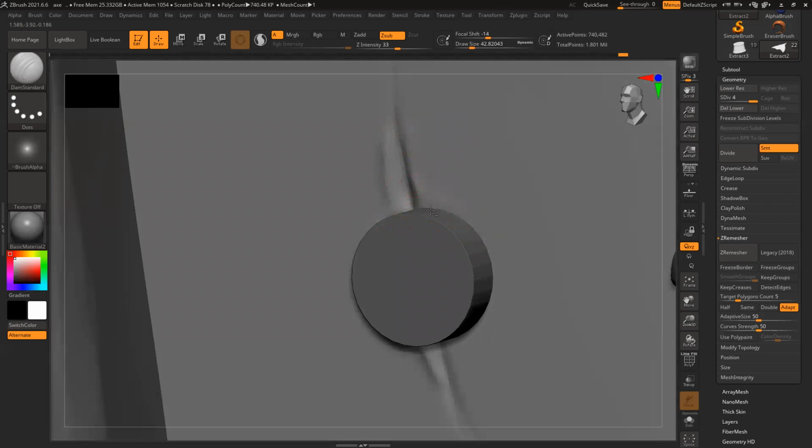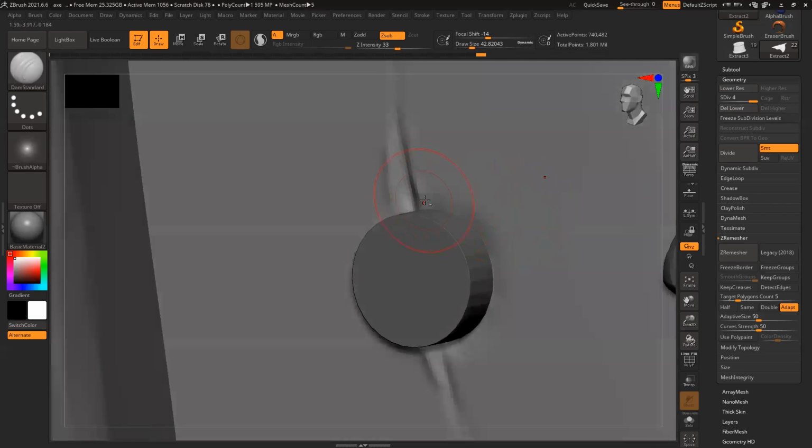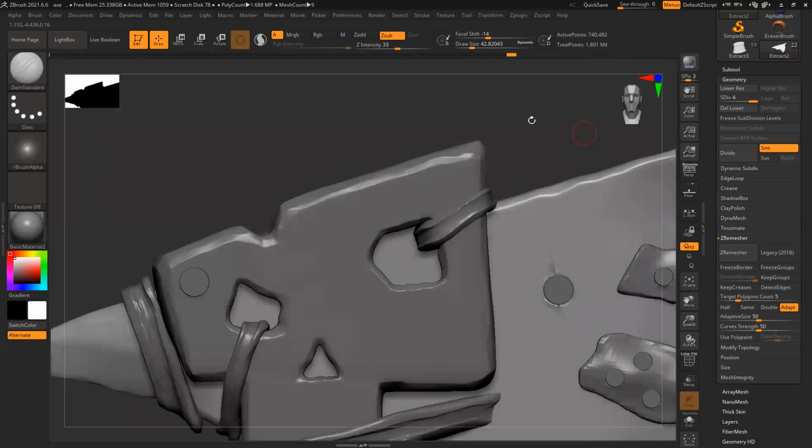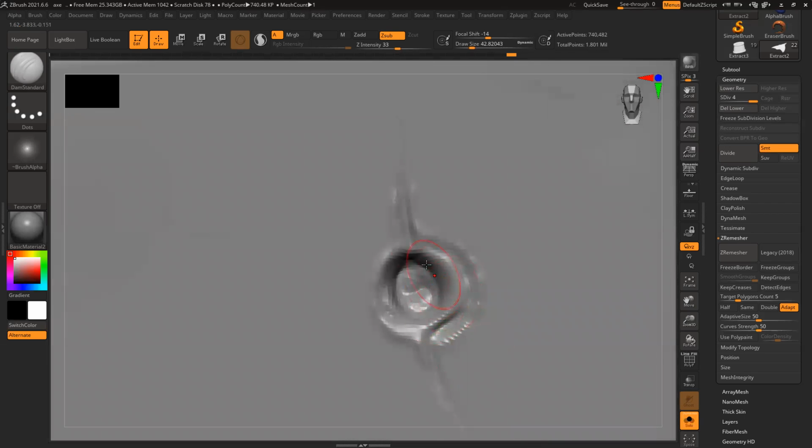First, push it slightly inside. And then slightly push it outside. Now refine this thing.